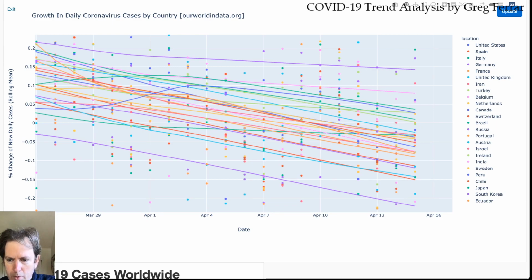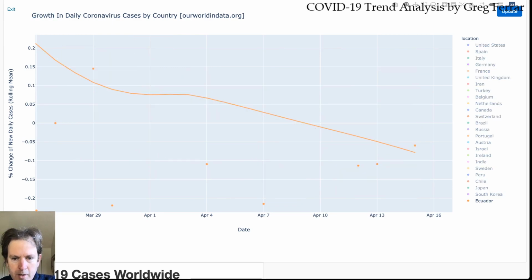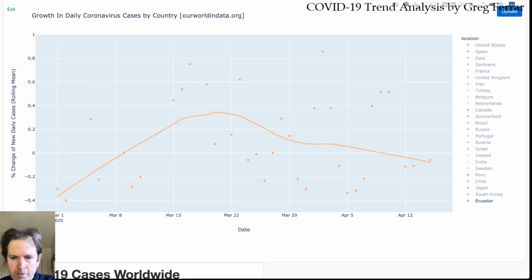Not even Ecuador, or Japan, which were looking a little worrisome before. We had these high points of Ecuador, but now 3 days in a row, Ecuador has done well with negative growth in new cases, and suddenly they're starting to drop off this top 25 again. They just poked their head in there a few days ago. They may disappear entirely from this list. If they keep this up, they will. Japan, which was 25th yesterday, I think,